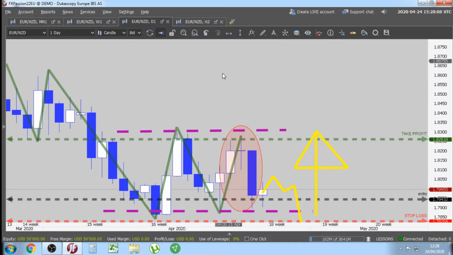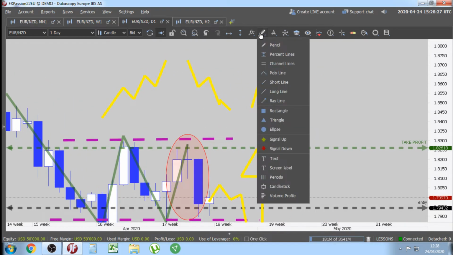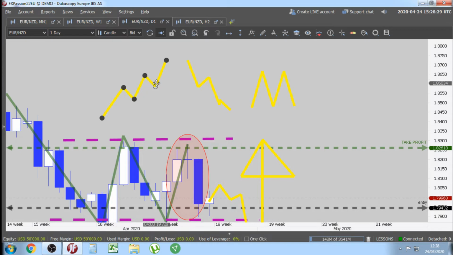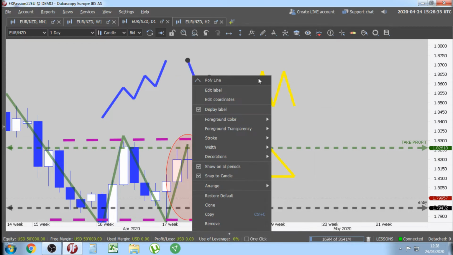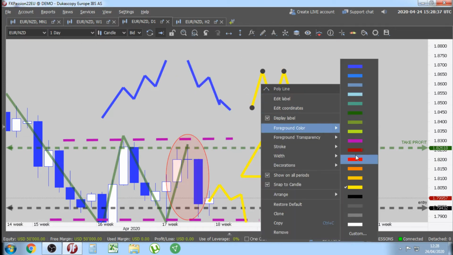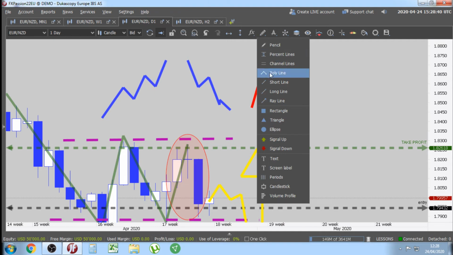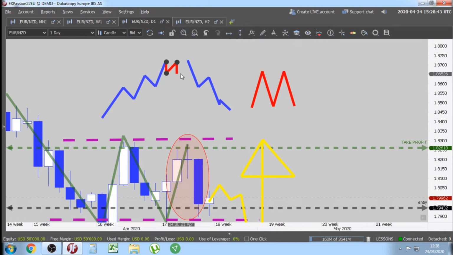So what else can we learn today? We can learn that we are going to have a different entry strategy in an uptrend. We are going to have a different entry strategy on a downtrend, and we are going to have a different entry strategy in a sideways movement. And we learned that sometimes, let's circle this in blue and this in blue and this in red, and we learned that sometimes sideways movement are part of the trend,